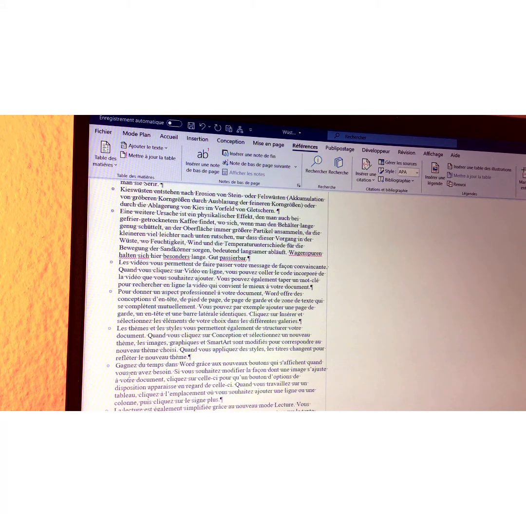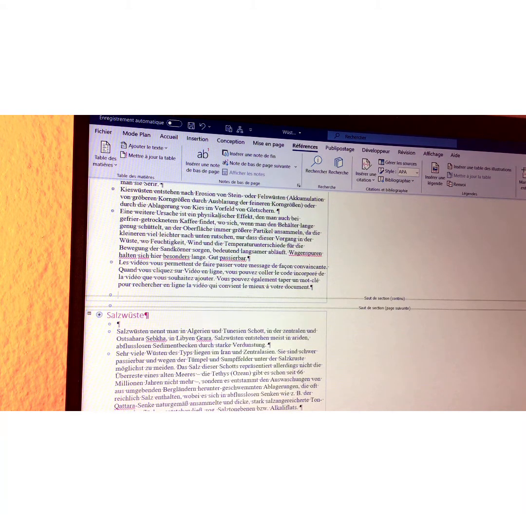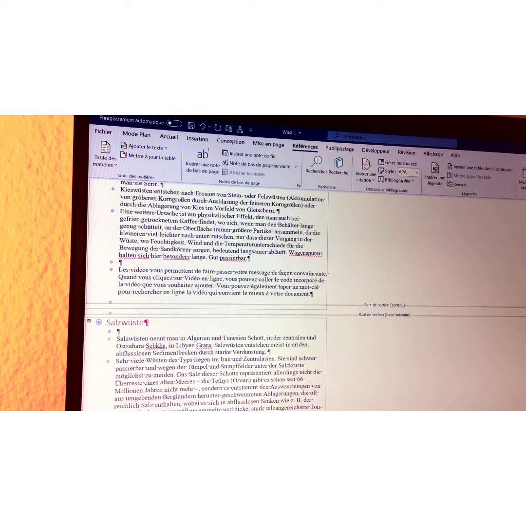So let's first read this one, okay? Kieswüsten heißen blah blah blah. Very interesting. Well, they want us to insert a new paragraph. I don't know what to put in there, so I'm going to use the blank text, equal. I hope you can see, right? I'm going to insert a blank text, so let's hit enter. But it's too much, and it's in French, so we can translate, but I'm just going to choose one paragraph. Let me move from here to here. Let's make it disappear. And here we have a new paragraph, and this one is in French, so I'm going